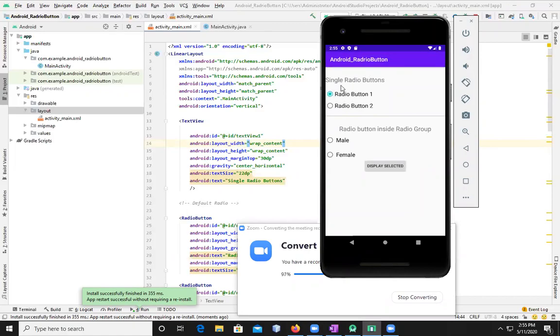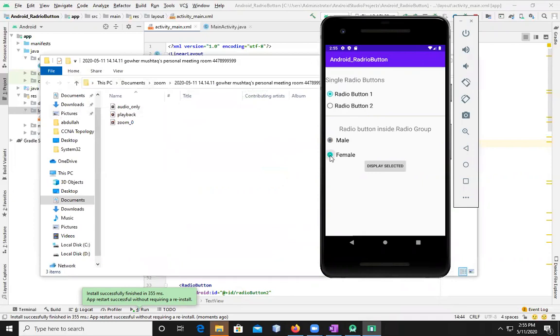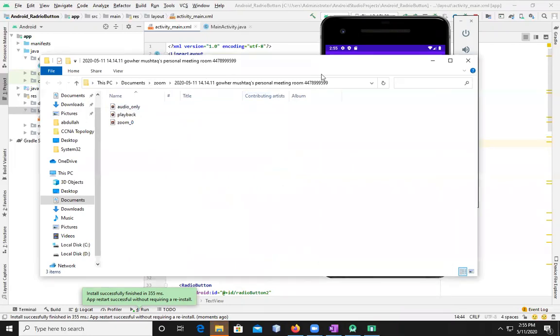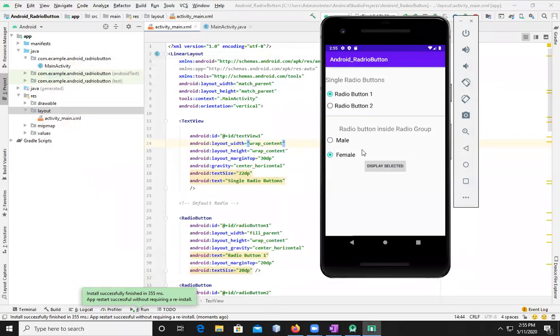So this is an example of single radio buttons, radio button 1 and 2, and this is radio button inside radio group, male and female. Either you can choose. So always we should use a radio group while you have more than one option. Suppose you're asking the user to select the option from 2 options. He or she needs to choose only one option. At that time, we can go with